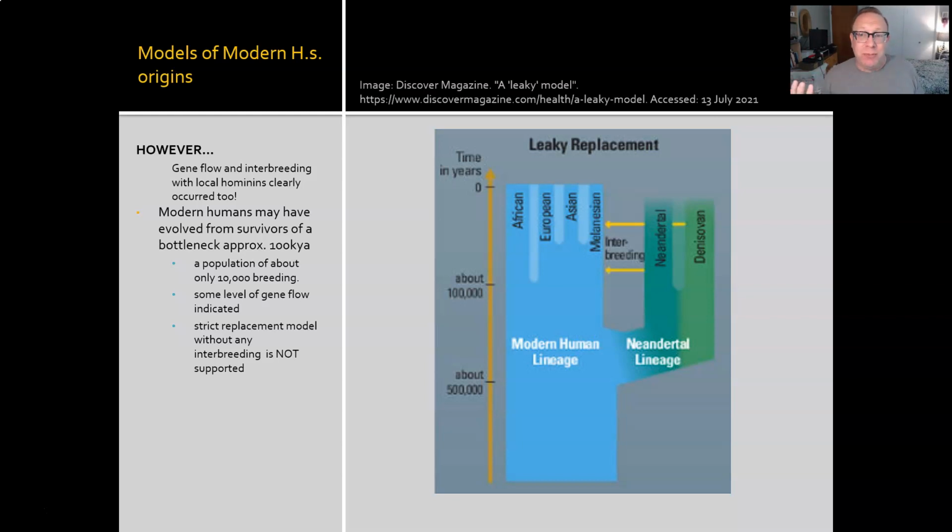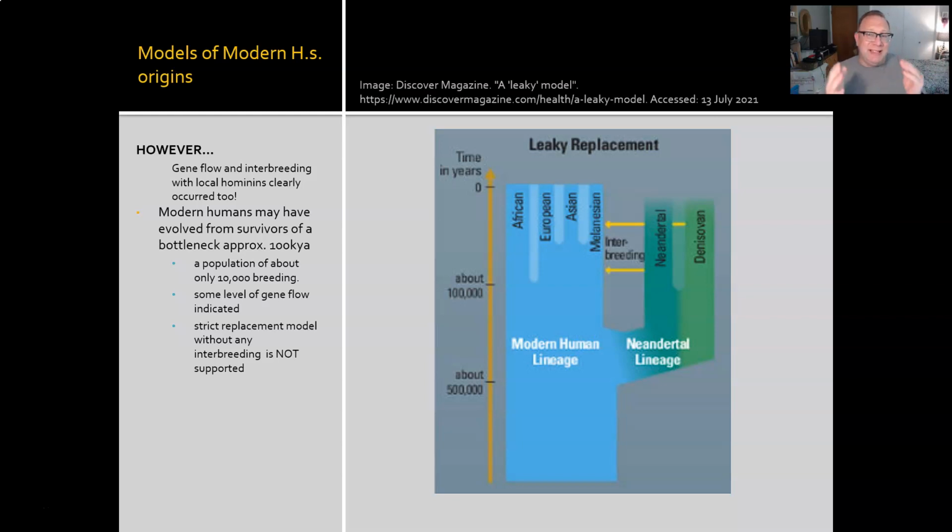We can also probably imagine there's some gene flow going on between the various non-African populations and even the African ones. Remember, just because Homo sapiens left Africa doesn't mean humans in Africa stopped evolving. All of us continued evolving. We all have traits related to the places our ancestors evolved in. That doesn't make us different subspecies, as we've discussed before. It doesn't make us different species, but it means that there have been some slight changes over time.